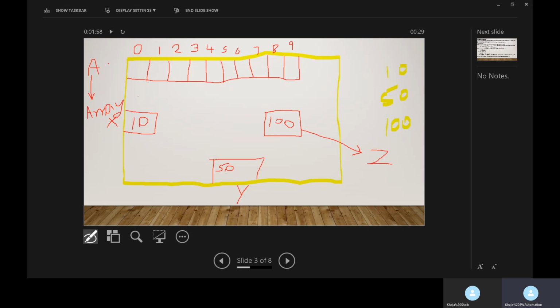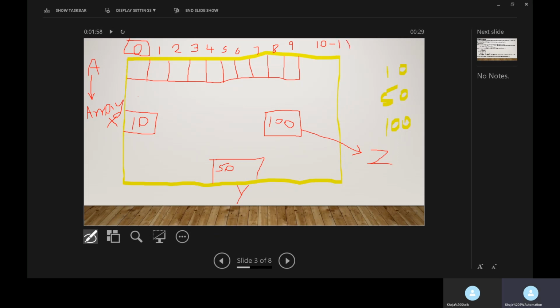So these are the index numbers for each memory location in an array. By using arrays, each memory location will be identified by its index number. And in arrays, index numbers always start from 0, and go up to the total number of locations minus 1. So here the total number of locations is 10, so 10 minus 1. So from 0 to 10 minus 1.